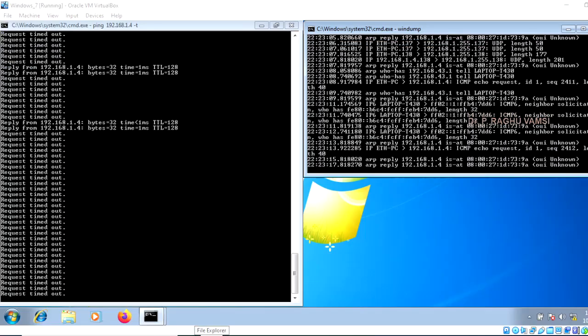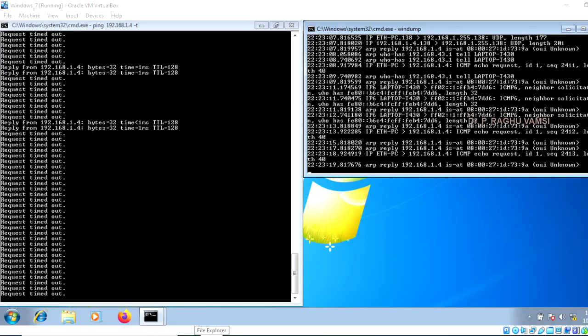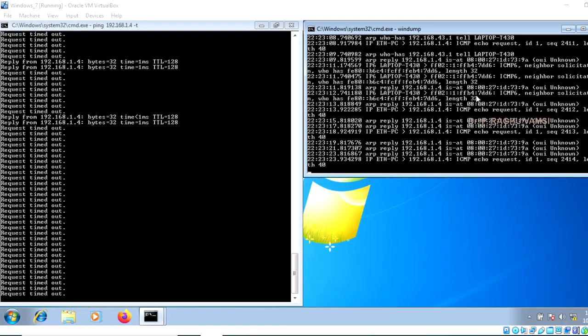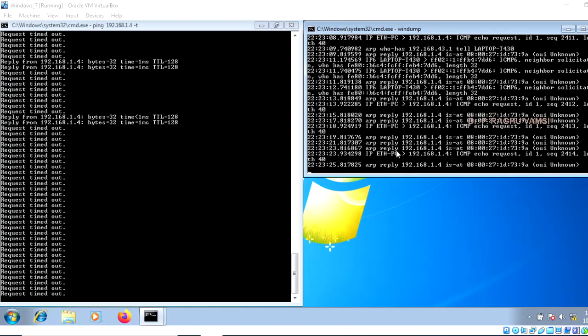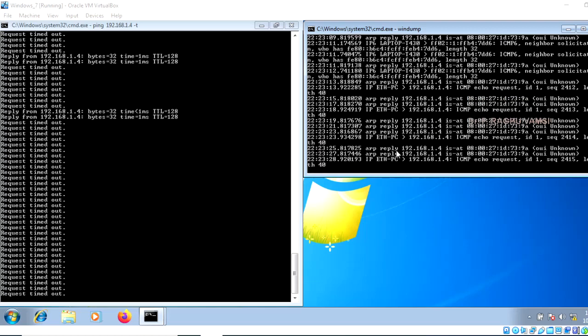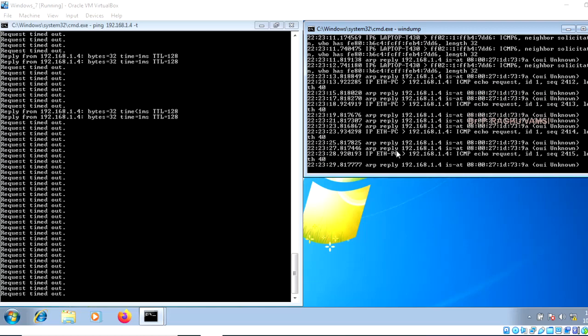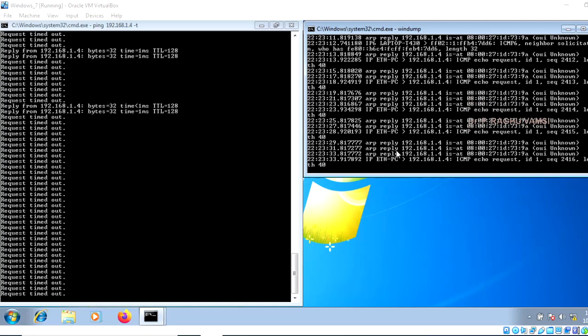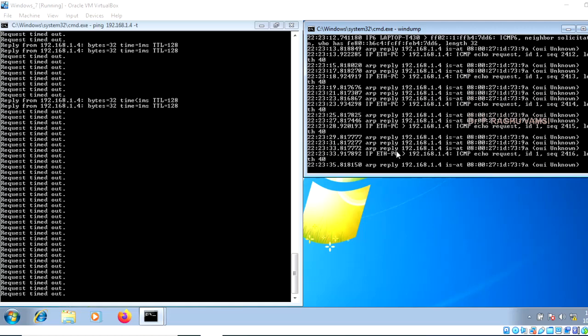Either on Windows XP or Windows 7, nothing is working, no pinging is happening. But via windump traces, we are observing that 1.4 is sending echo request to 1.5, and 1.5 is sending echo request to 1.4. But actually this traffic is coming to the Kali Linux system.